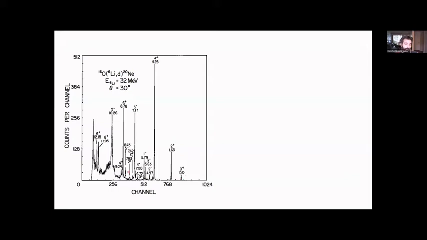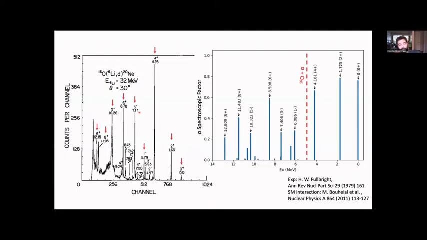So out of about, I don't know, 60 states in 20 neon, you only see a handful here, right? So this is a testament really to the selectivity of the alpha transfer reaction. These resonances,